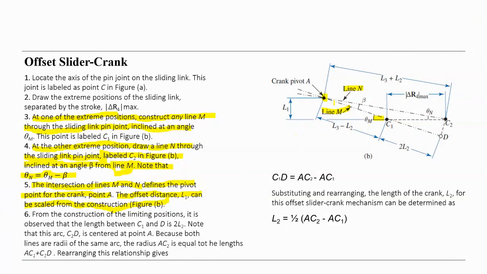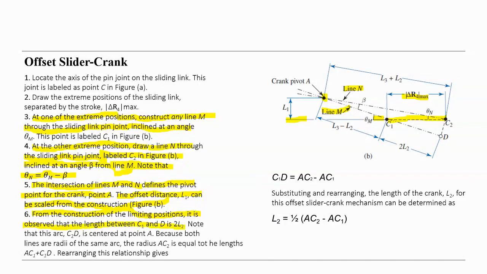Since this is already selected because we defined the point, we defined the line here, and in this line we defined C1 and C2. This is a horizontal line, and the distance is also given as delta R max, and then L1 is already defined. So from the construction of the limiting position, it is observed that the length between C1